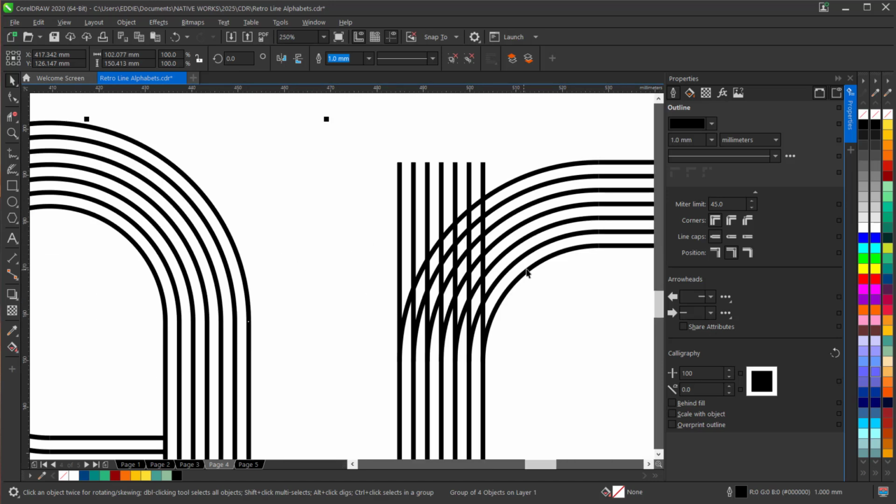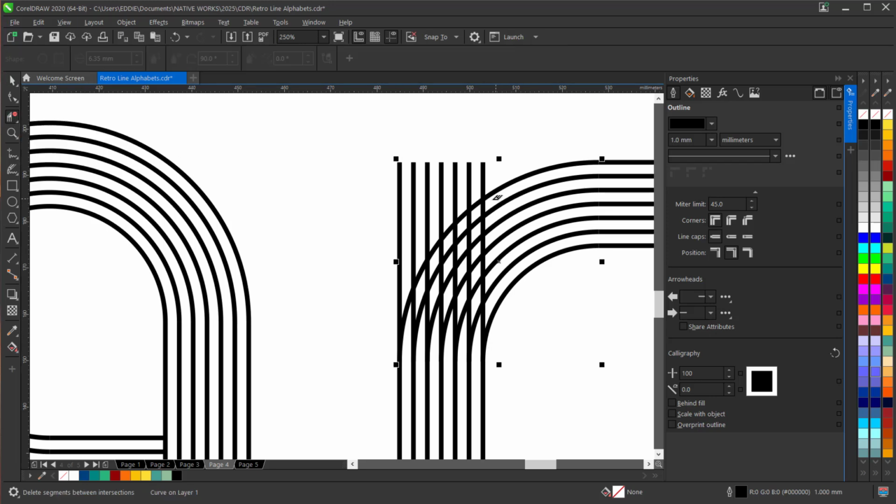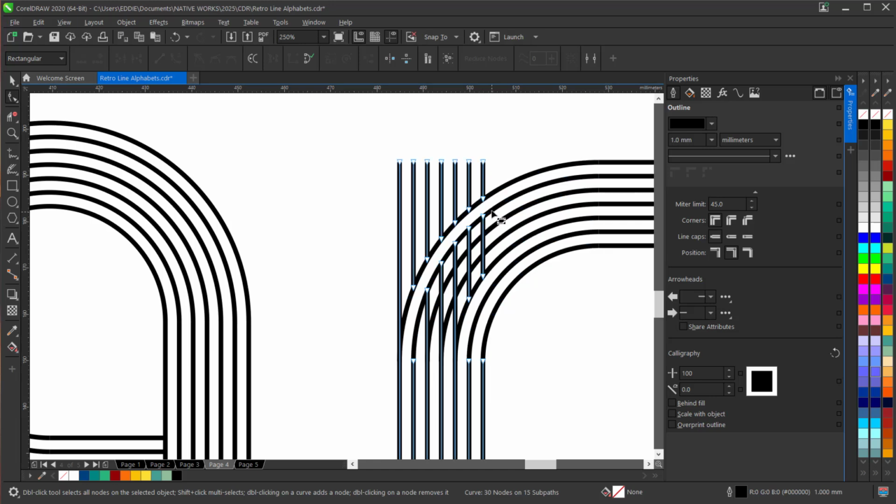Nice. Let's go to our letter R. Let's ungroup and select the curved parts since those are the ones we want to delete. Now with the shape tool, as we did before, let's select some of the nodes and delete.